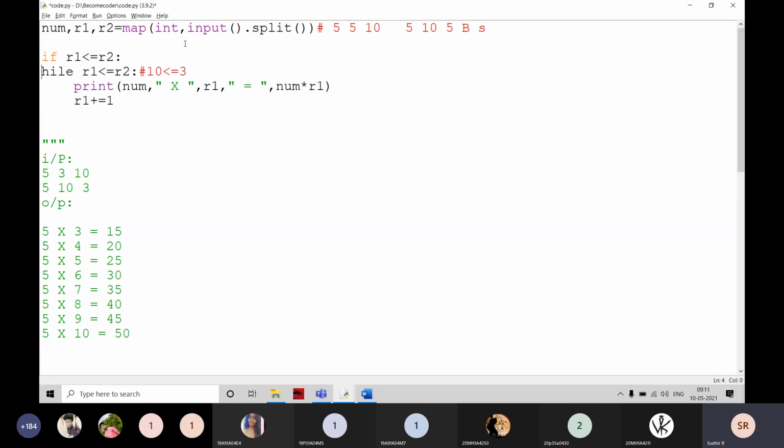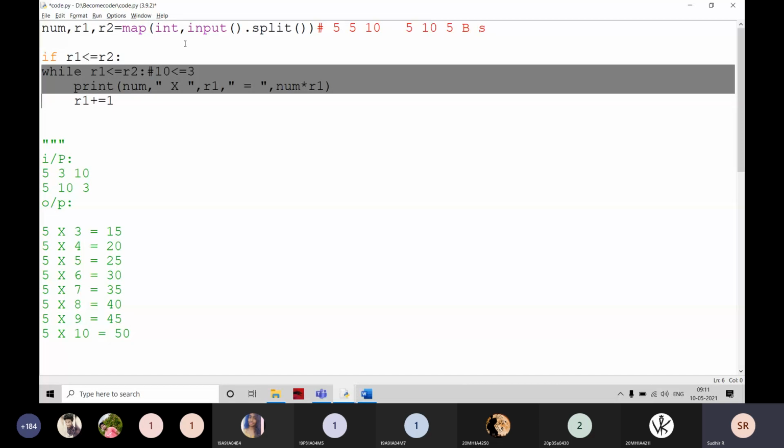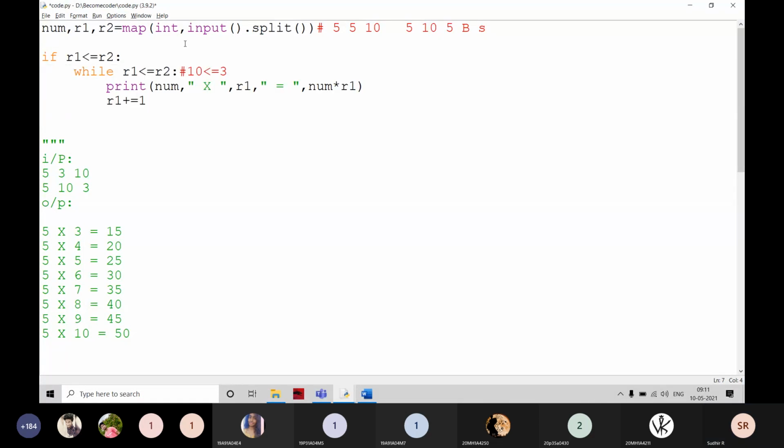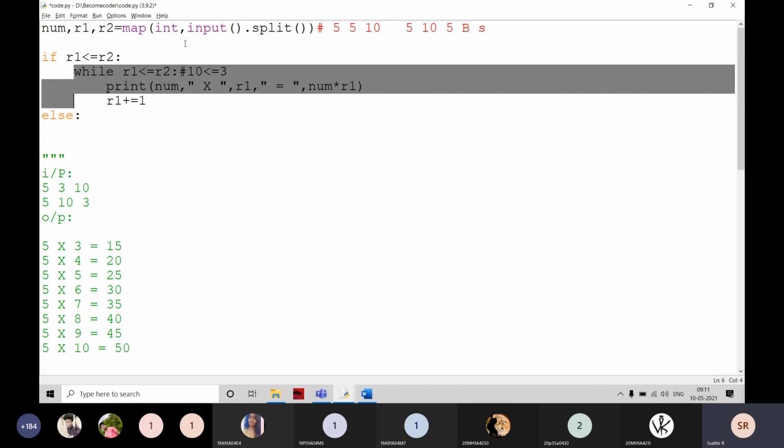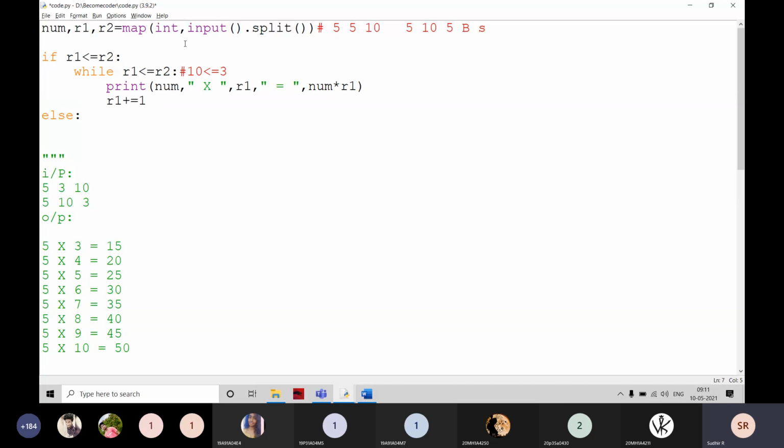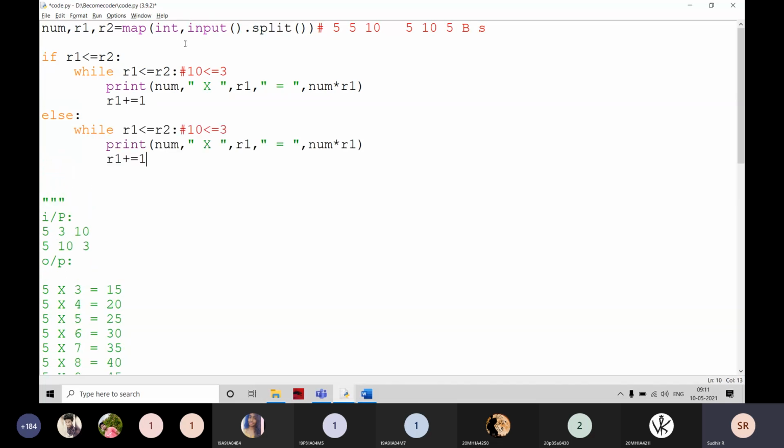Else, if R1 is greater than R2, then again we have to write the same loop. There are 2 ways only. If R1 is less than R2, or if R1 is greater than R2, I start at R2 and stop at R1. Instead of writing like this, I'm going to write like this.